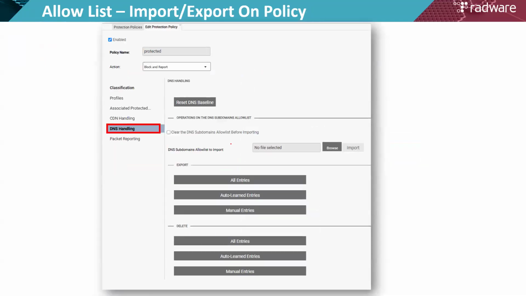Then we have DNS handling. So this is important from the exam point of view as well. Okay. So there you will be asked to set a manual entry for www.radware.com. Okay. So you need to set a manual entry. Okay. So that's where DNS handling comes in. So DNS handling,